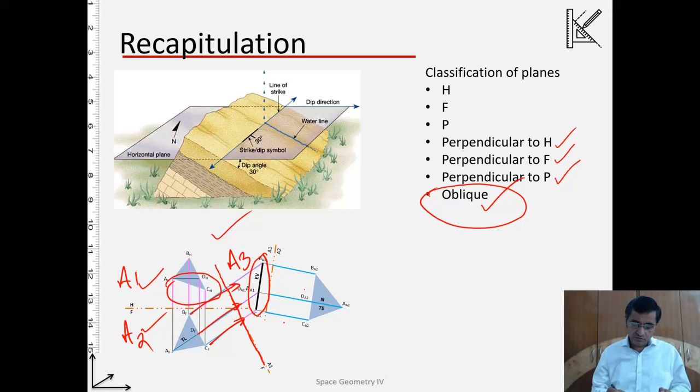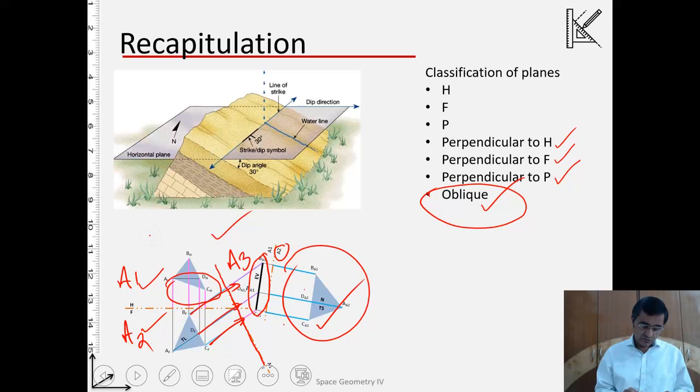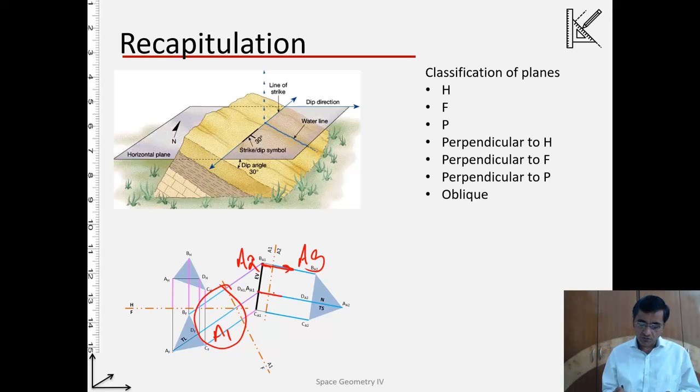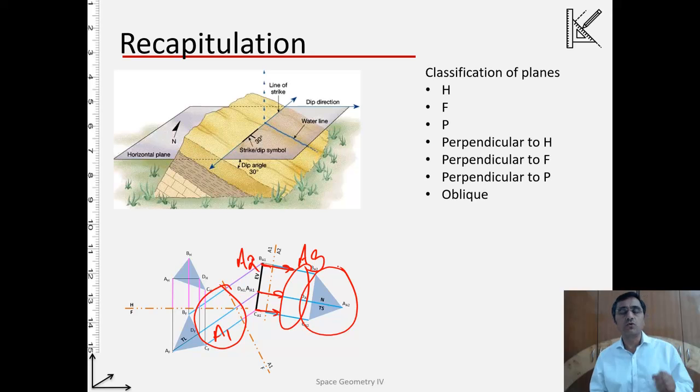So this is A2 in this case. Another auxiliary view has been generated, and if you project the plane on this, the plane will now be the normal plane. In the second case, this plane will become A3, this will be A2, and here it is A1. With the help of the distances, projectors drawn from A2 and putting the distances over here, we will be generating the normal view or true view of the plane.